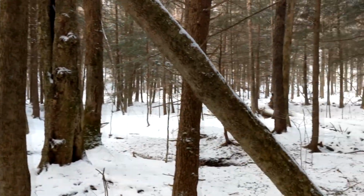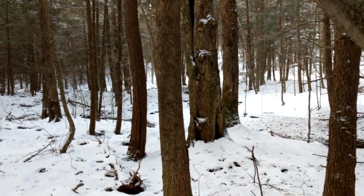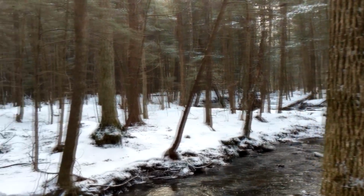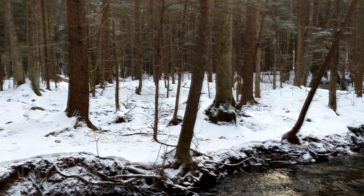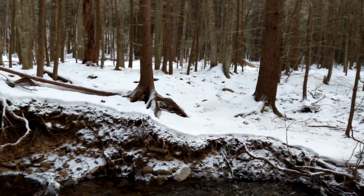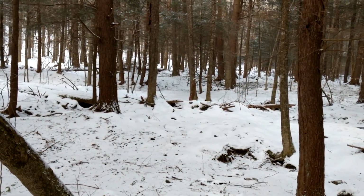So there's a road right here that we're hiking on. You got the water. In New York, in most of the state forests, and they're all a little bit different, but they usually have their regulations posted. As long as you're 150 feet away from the water or a trail, a structure, anything like that, then you're good to camp. So in here, you probably wouldn't be able to go between the road and the creek,